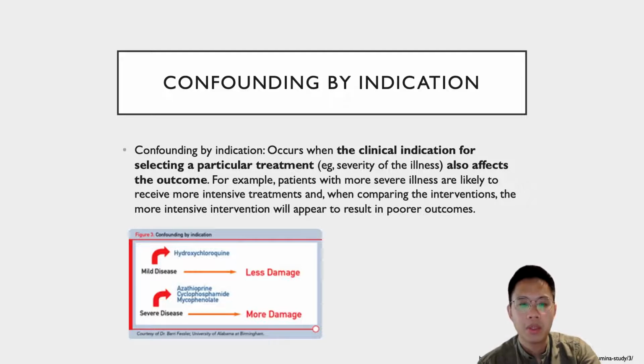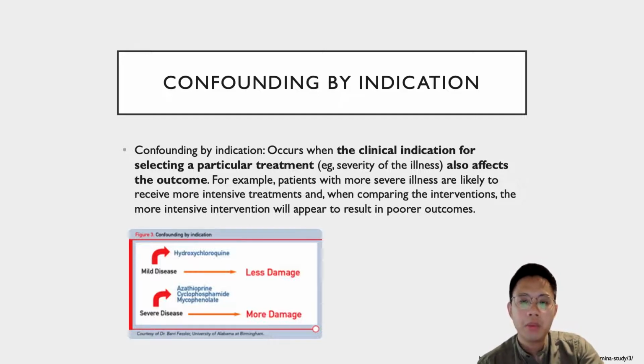An example here would be, let's say, autoimmune disease. In mild disease, you may select agents like hydroxychloroquine, and the outcome may seem more favorable. But in more severe disease, we may be gunning for more potent agents like azathioprine or cyclophosphamide, and the outcomes may seem less favorable. And then if we study the different types of intervention, we may spuriously conclude that the more powerful agents are associated with poorer outcomes. But as we can see, the confounding variable here is actually the disease severity. And this is what we mean by